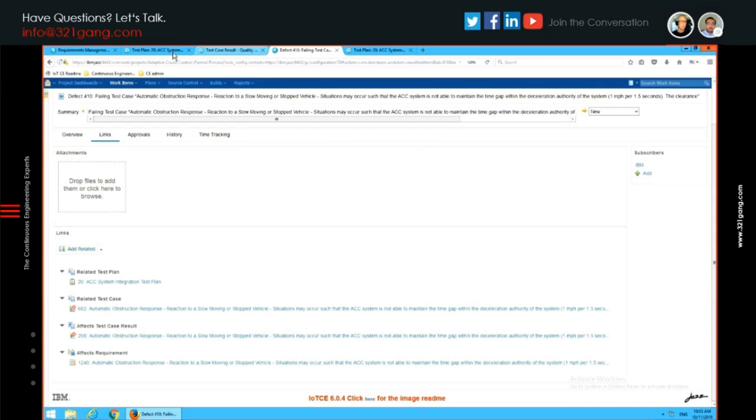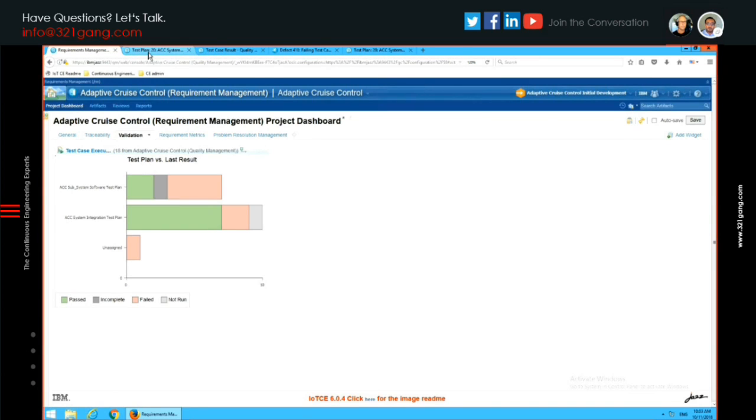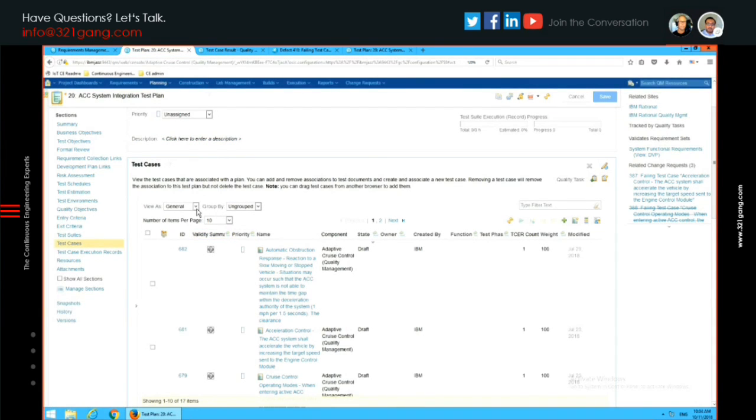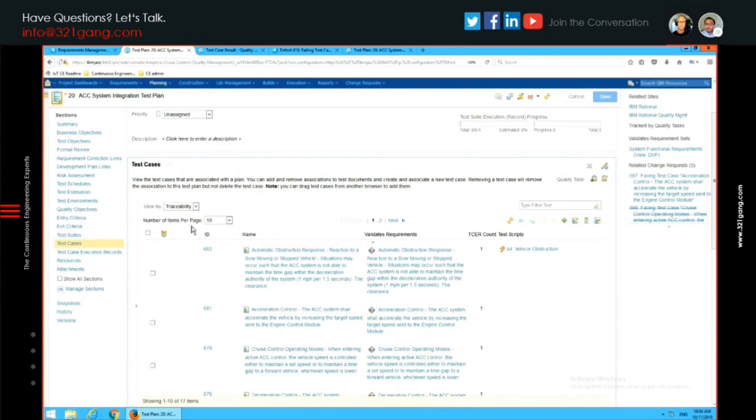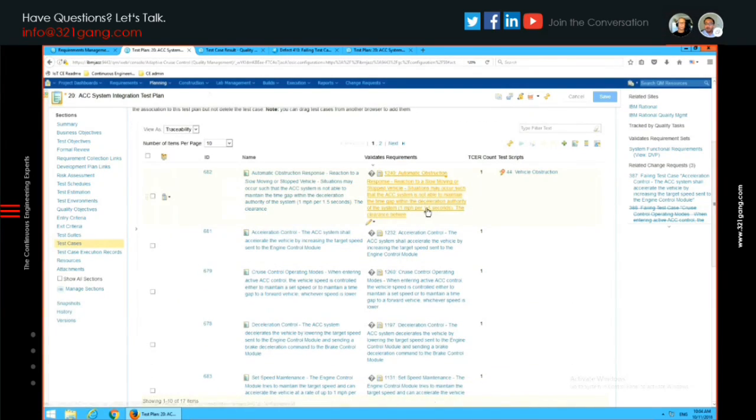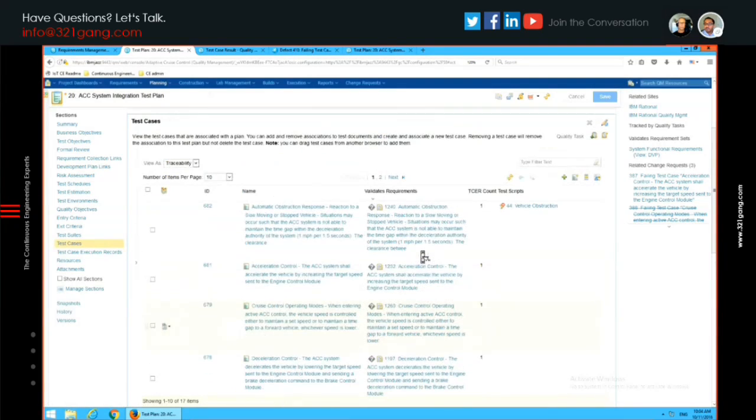All right, so we talked about bidirectional traceability. One of the things that we saw was that visibility from a testing engineer, but from a validation engineer perspective, I can also look at these test cases and see that coverage. I can look at a traceability. I can see all my test cases, all the requirements that are testing them. So I have that visibility into it from that area also.